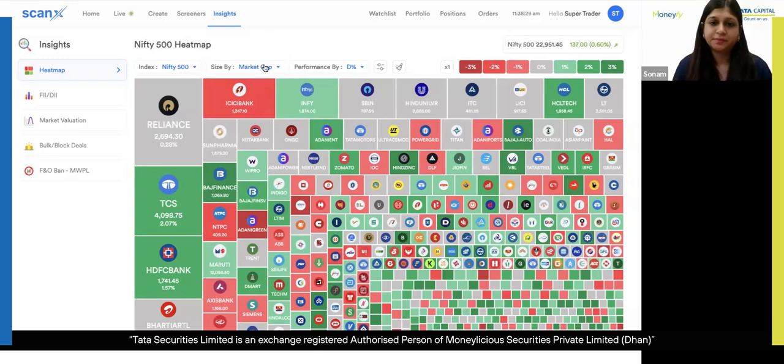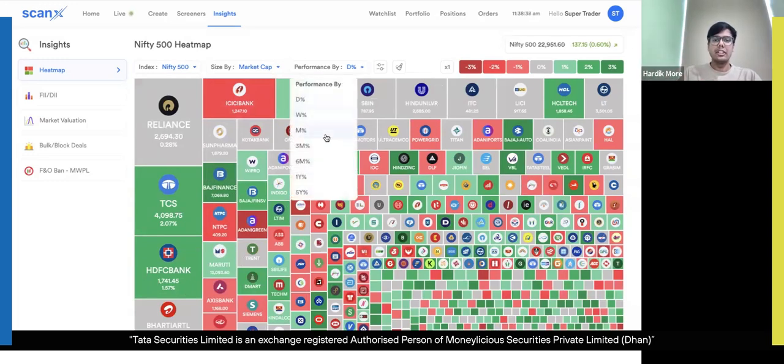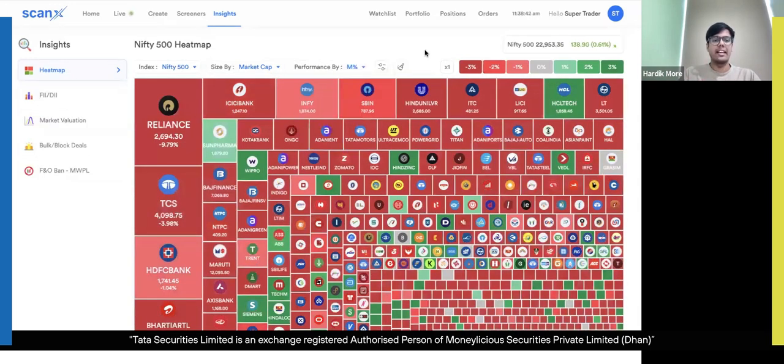The sizing is by market cap, because market cap tells you how much impact a stock will have on the index or on the overall market. And I'll change the performance by day to performance by month. So this is the entire month's performance that we are seeing here. Now we can see a lot of red here because of the